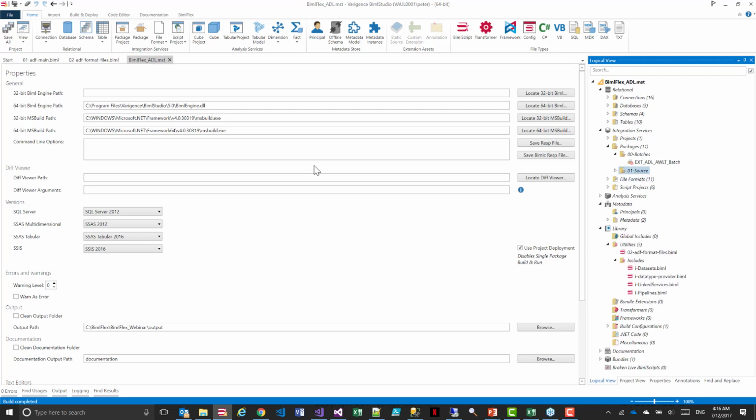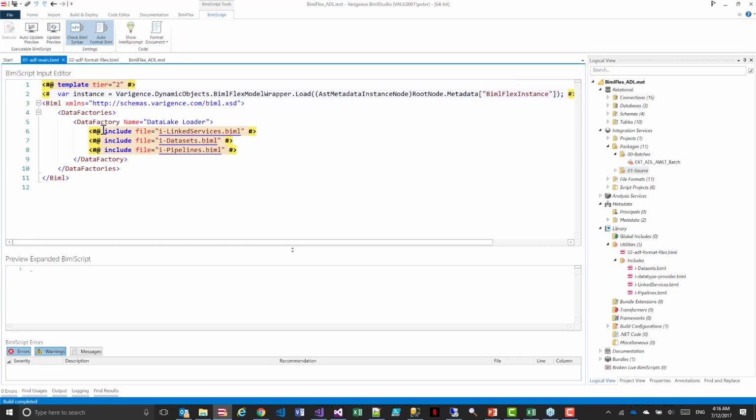For Azure Data Factory, now I am not going to do a deep dive into Azure Data Factory. Our webinar tomorrow is going to be a lot more focused around the Biml integration of Azure Data Factory. I'm going to do a very high level overview of this, but as you can see here with Biml, again